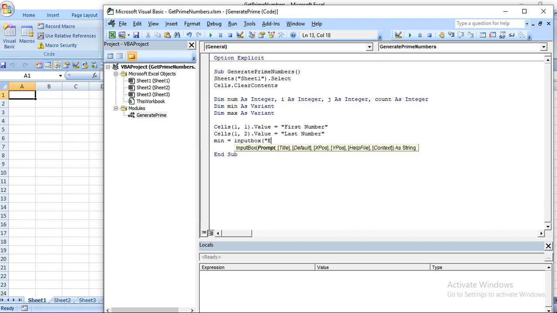Let's write some good thing, and for the first number, that should make much more sense here. To generate prime numbers. That is the title of our input box. Let's make the enter this value in cells